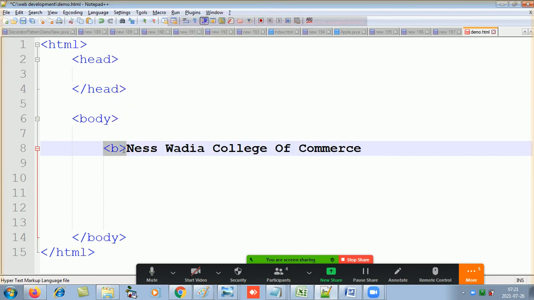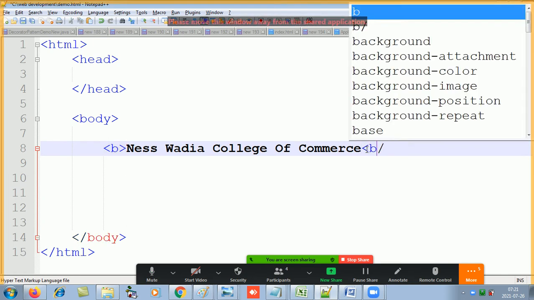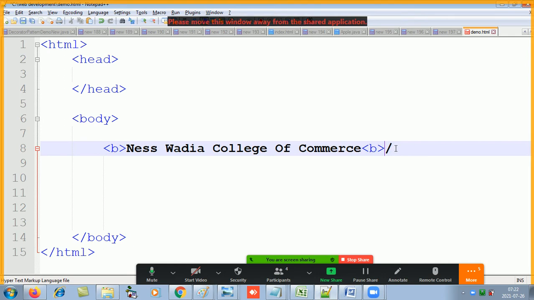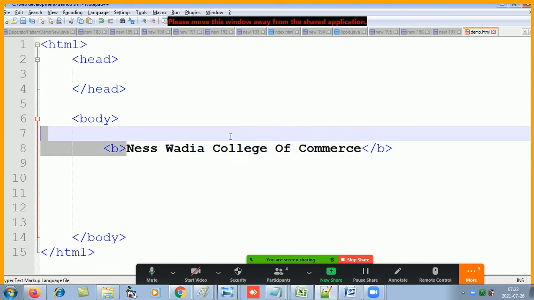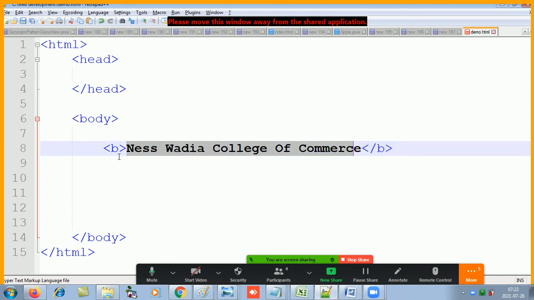B means it will make the text bold, and whichever element is open needs to be closed, right? There are few exceptions, but most of the elements which we open need to be closed. So now I have written this text in which element? B. B means the text will be written as bold.